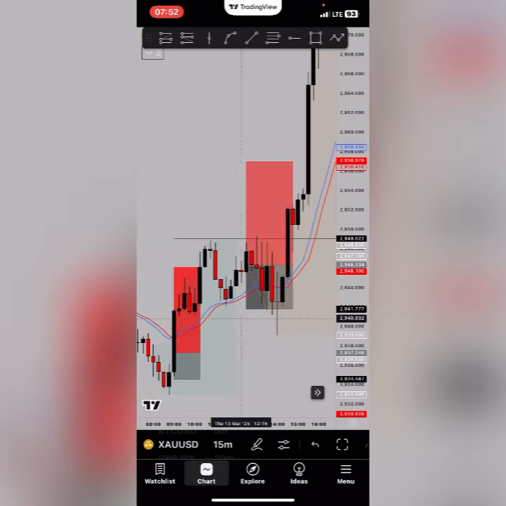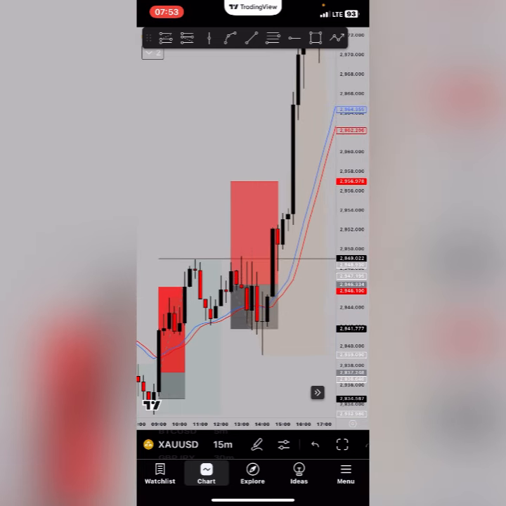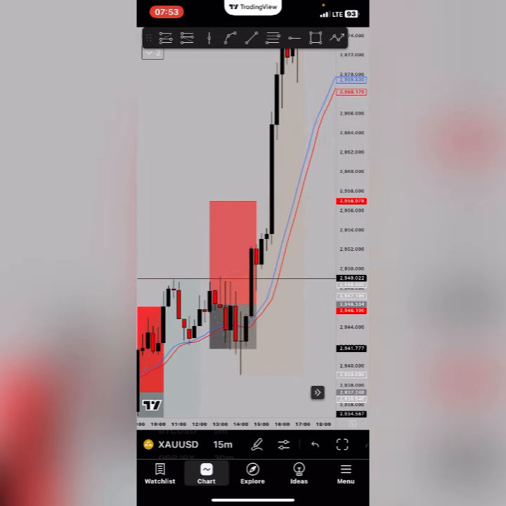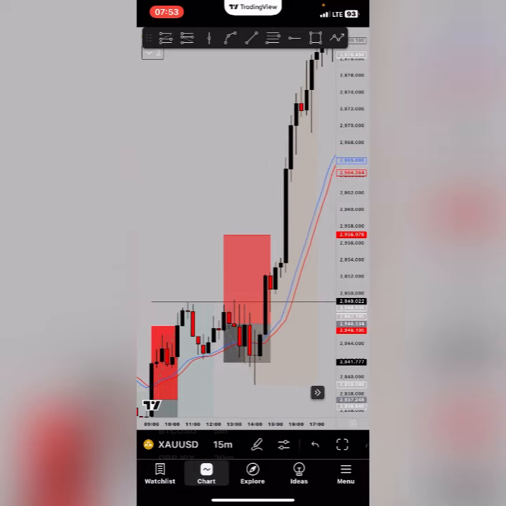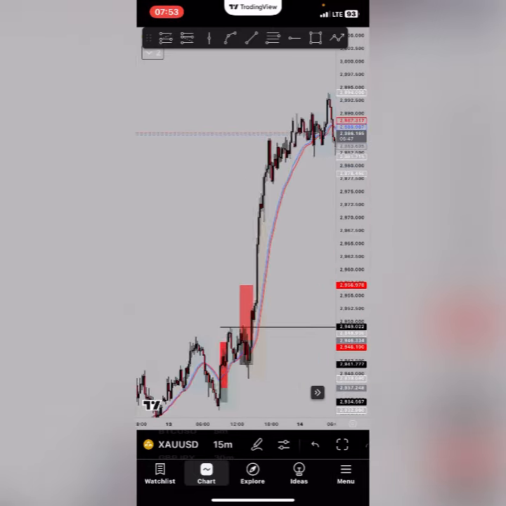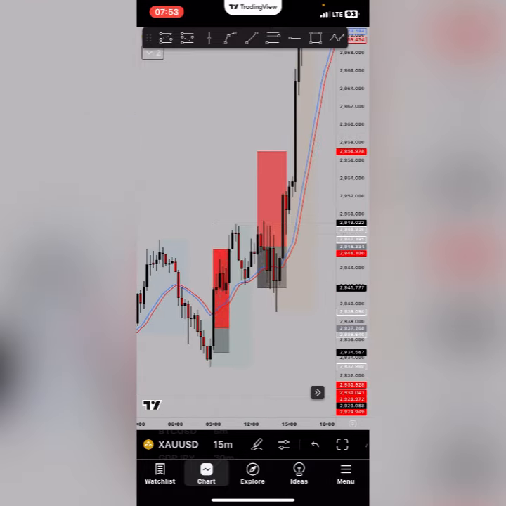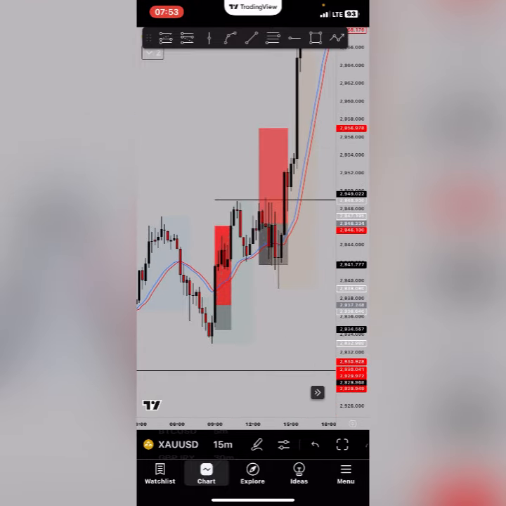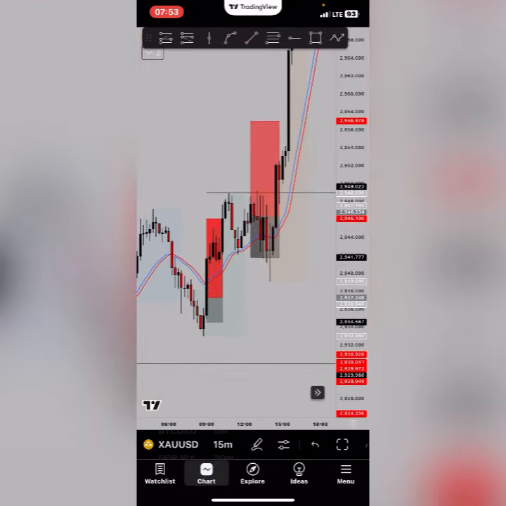So I took this trade from this area right here. I took a buy on gold, and price just went into little profit and reversed on me. It went down to hit my stop loss and immediately started going in the direction I initially was planning it to go, right? As you can see, this was how price did, right? So what happened was that I took the buy, price went into profit a little and stopped me out first.